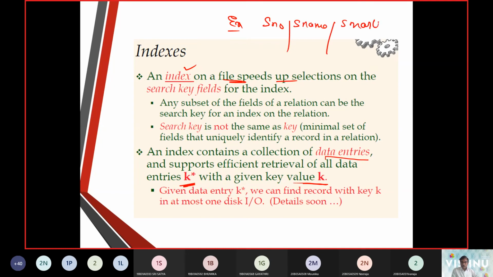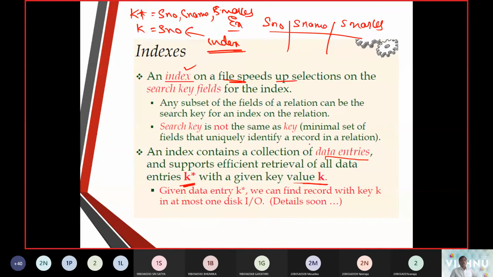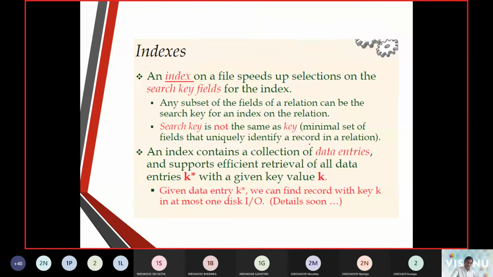So what is K star? K star equals student number, student name, or student marks. Then what is K? K equals student number. Identifying this K is what we call an index.